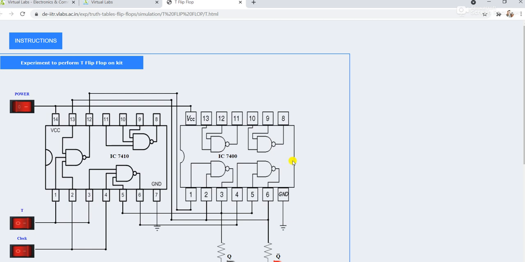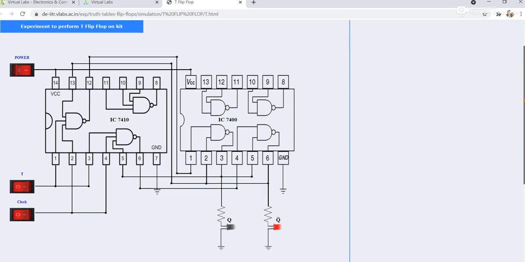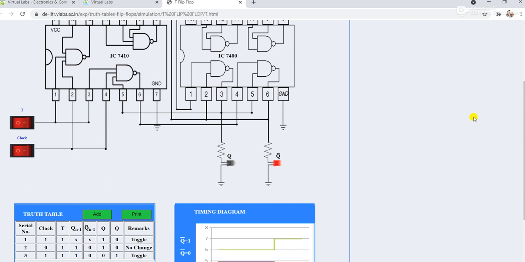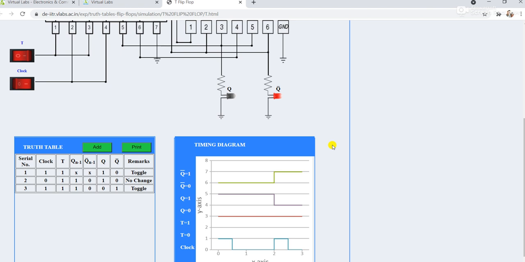Now we have to check the outputs for different values of T. So different values of T can be 0 or 1. Initially T is 0. Your clock is off, so just press clock and then add this data to your truth table.